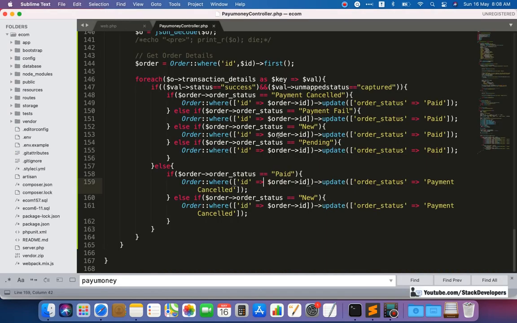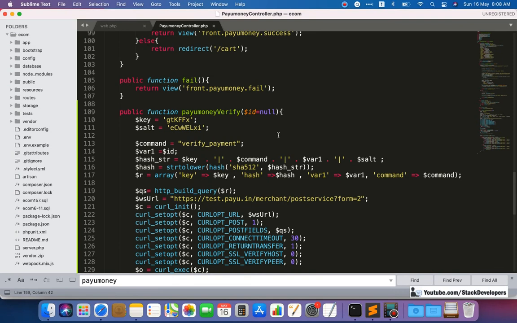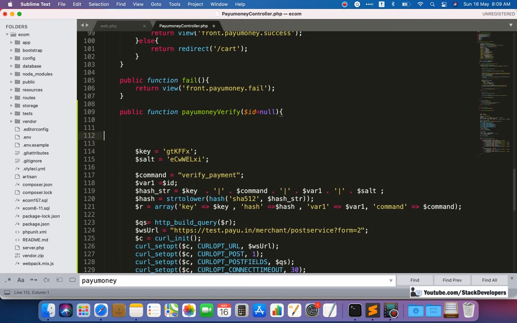So now we are going to convert this PayUmoney API and add a foreach loop. I'm going to modify this API. First of all, we will add the query here to get the orders.